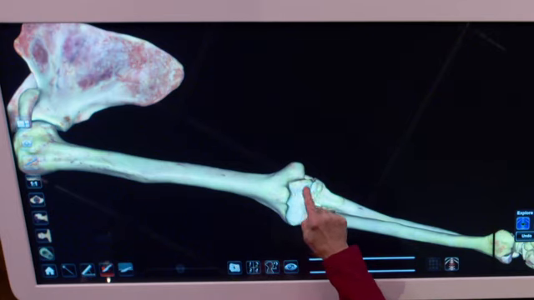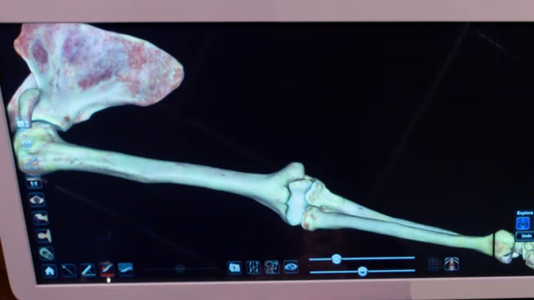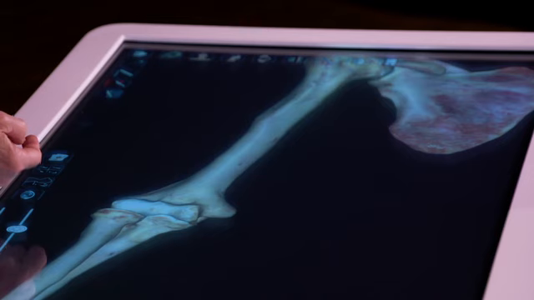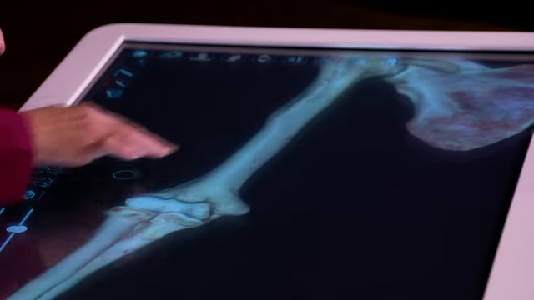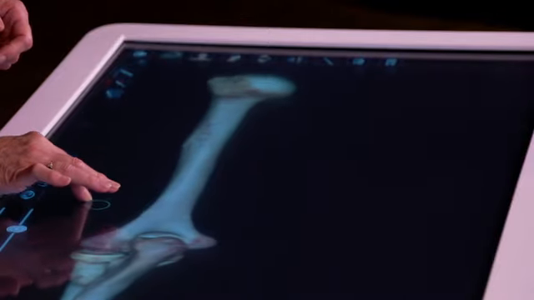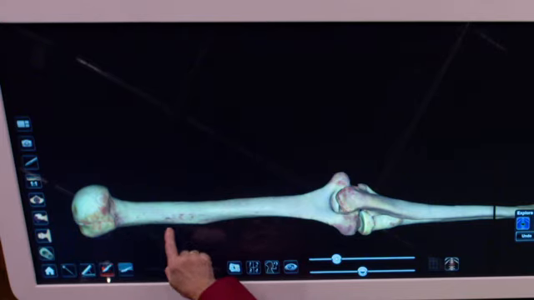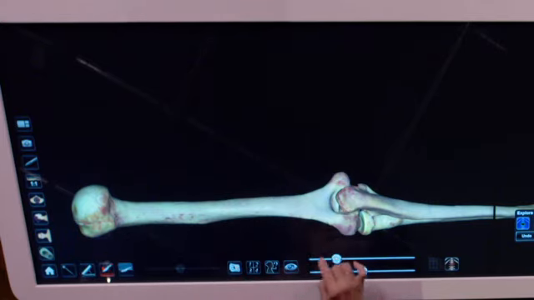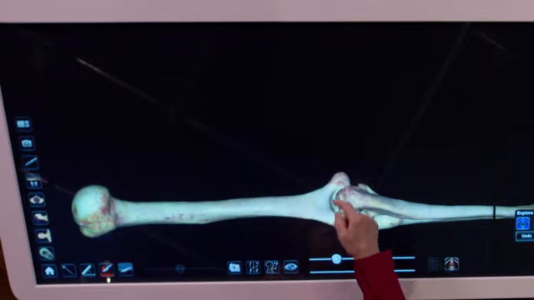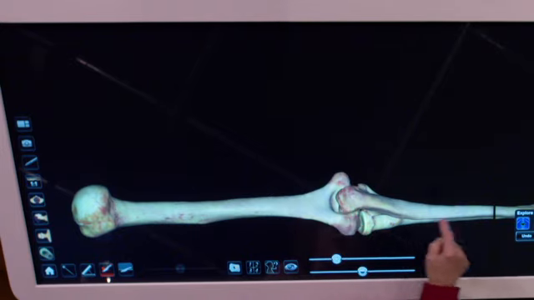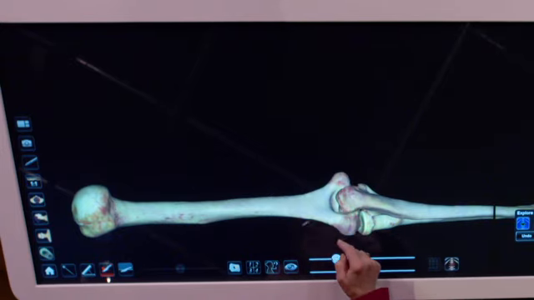Medially, we see the trochlear region of the humerus that articulates with the ulna to form the hinge joint at the elbow. And laterally, we see this rounded knob called the capitulum that articulates with the head of the radius. If we want to look at the posterior aspect of the humerus, again, we see the head and the greater tubercle, the deltoid tuberosity, the smooth shaft, and a depression between the epicondyles known as the olecranon fossa that receives the olecranon process of the ulna posteriorly when the elbow